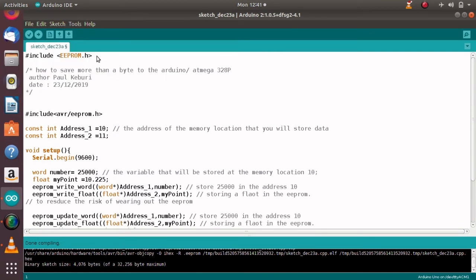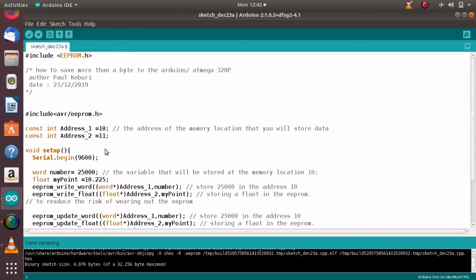it mostly favors the byte data type. And since the Arduino's EEPROM memory addresses are based on the byte, it becomes a little bit tricky if you want to save an integer or a float into the EEPROM, which is like a small hard disk on the microcontroller. So to solve this, I found it easier using this AVR EEPROM library to save an integer, a word,